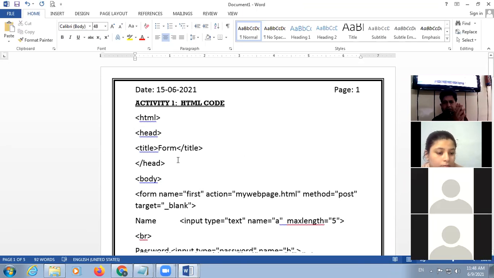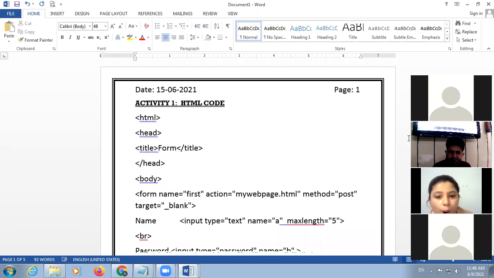Okay, students, any doubt? Yes, Raghav. Sir, can we make it in anything except MS Word? Beta, look, this is your creativity. Even then you can use PowerPoint. There is no hard and fast rule.